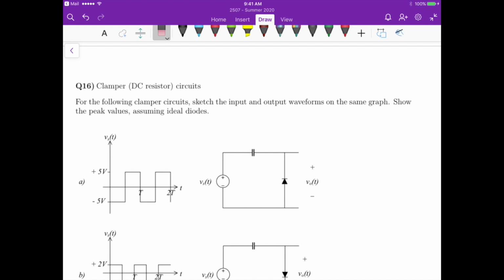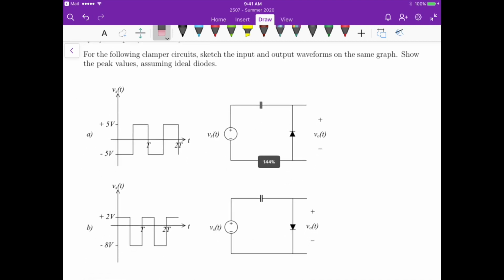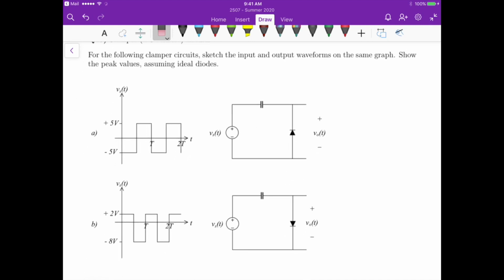So for question 16, it's more of a qualitative analysis of the circuit. We just have to figure out the output waveforms on the same graph as the input, and show the peak values assuming ideal diodes. For the first case, the voltage Vs will, on the negative half cycle,